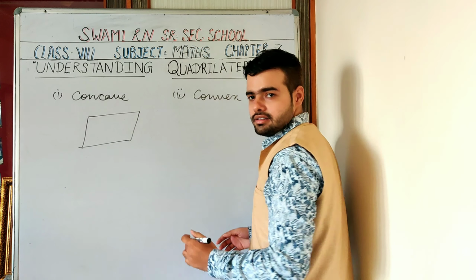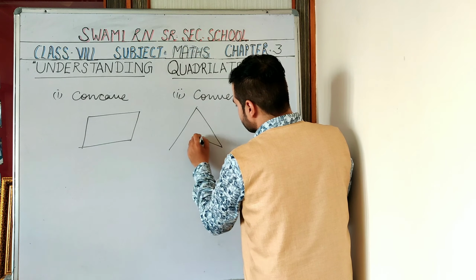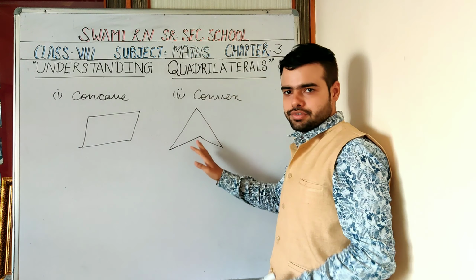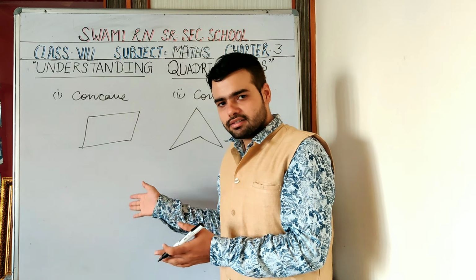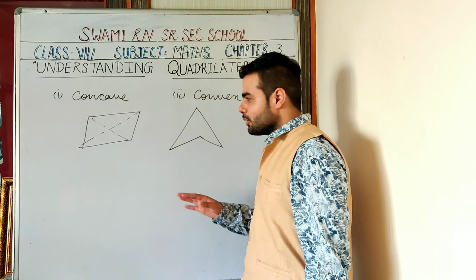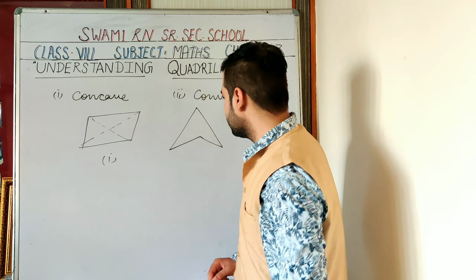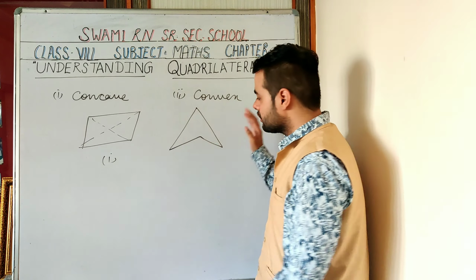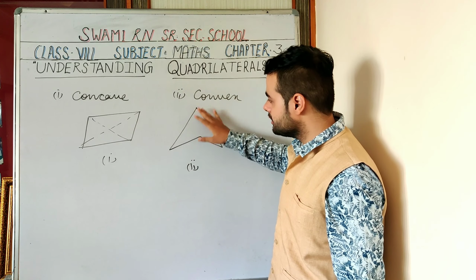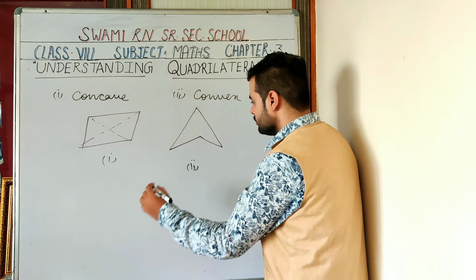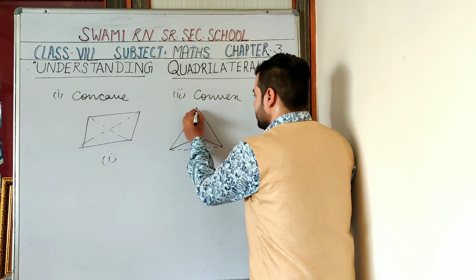First one is this, and second I am taking the example, that is this. That is also a polygon because that is a closed figure. Now, when we draw the diagonals of these figures, in this figure we will draw the diagonals inside. If we discuss this figure, we are not able to draw diagonals inside. So we will join these points outside the figure, and this one is also like that.